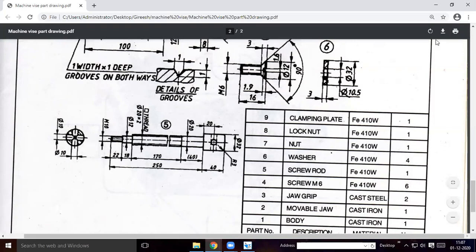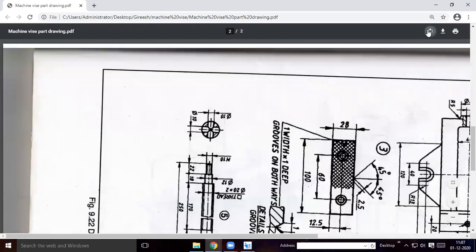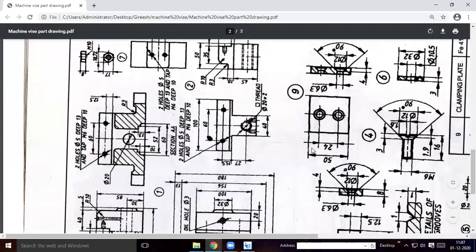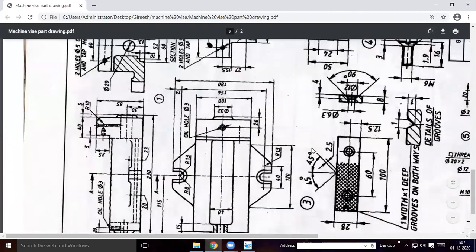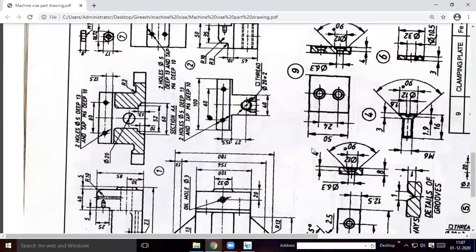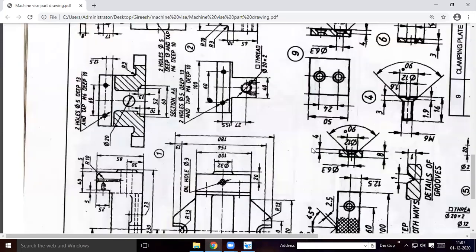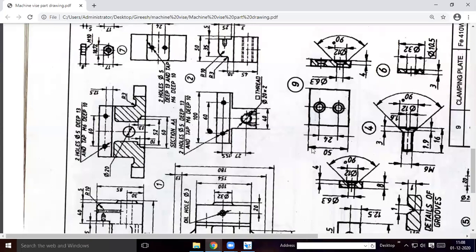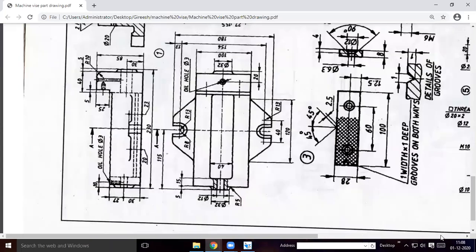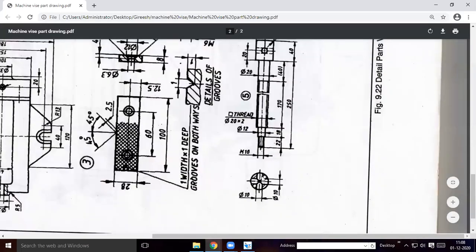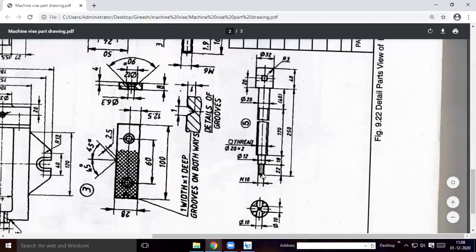You can place it like this for better understanding, then you can easily read. So here 5 mm from this point, 22 mm.